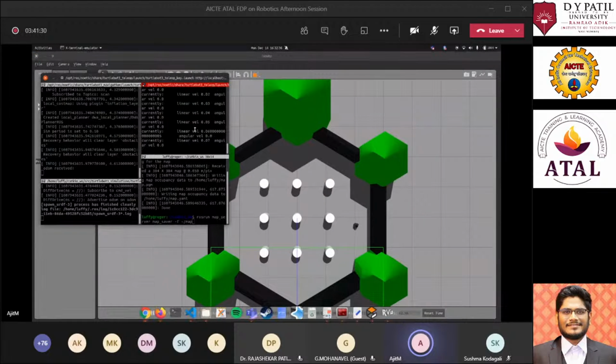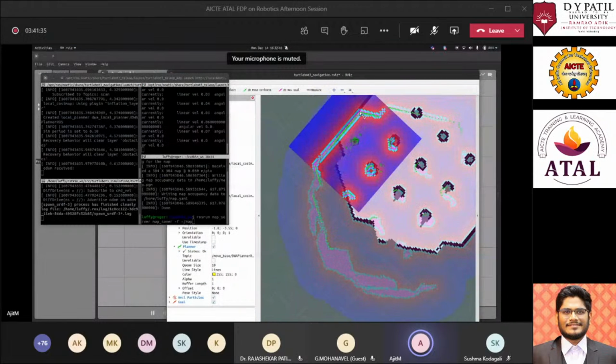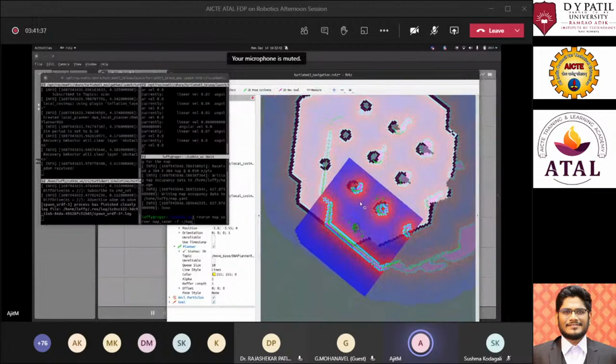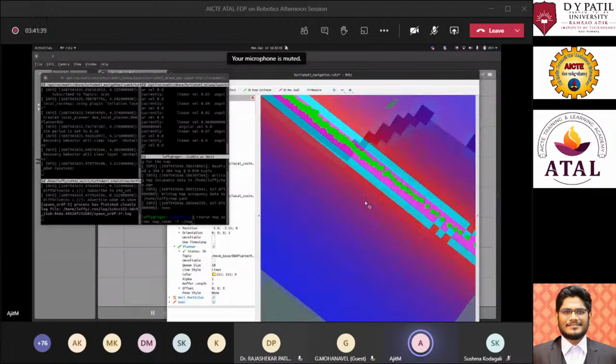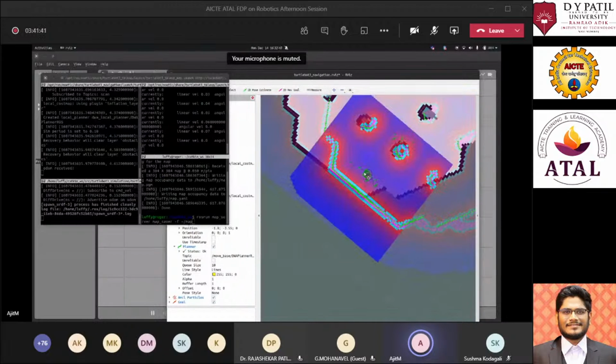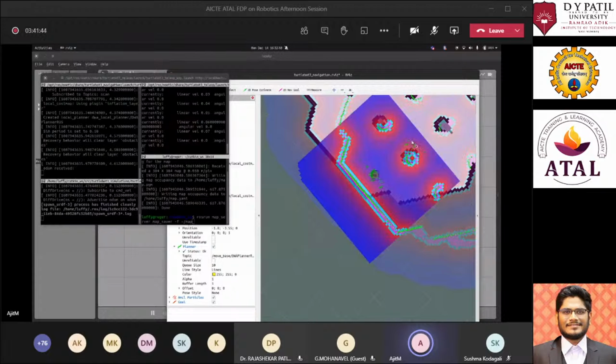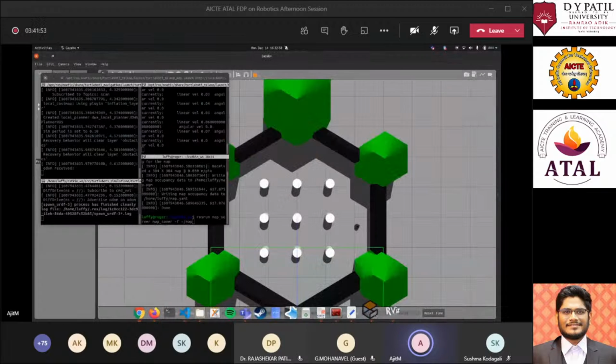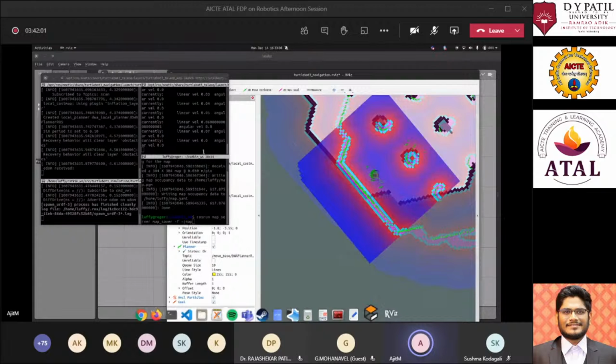If we just stop it over here, let's see. Yeah, still there is some kind of drift in the localization. You can see it still has some hypothesis that it is over here. The majority of particles are over here. But if you go back into the map or simulation, you can see it is over here. So there is still a little bit of drift in the system. Let's move around a little bit.